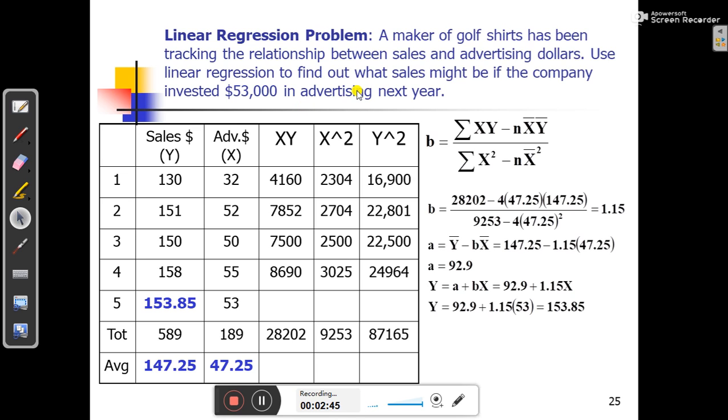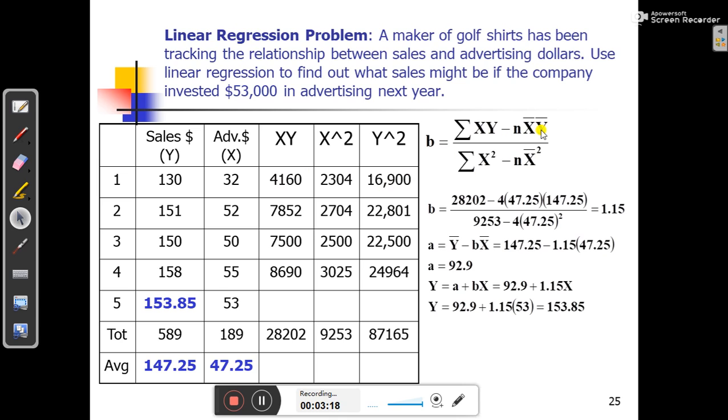This is the column for sales and this is the column for advertising, x, the advertising cost, which is the independent variable. Sales is the dependent variable, y. So what is the xy multiplication of these two, what is x square, and what is y square? So we need to find b, the summation of all xy,